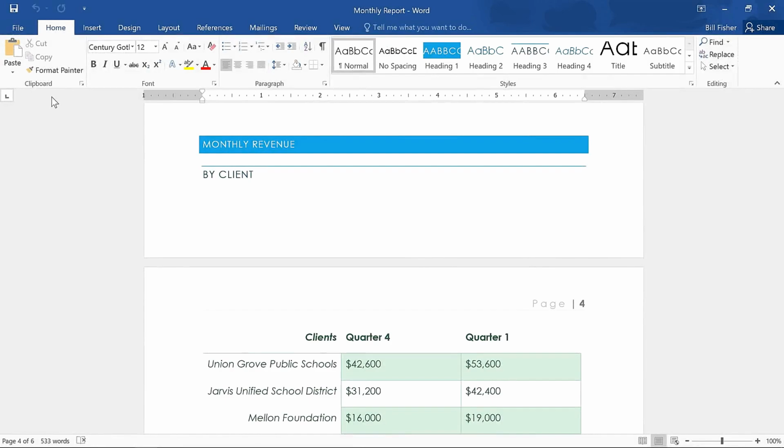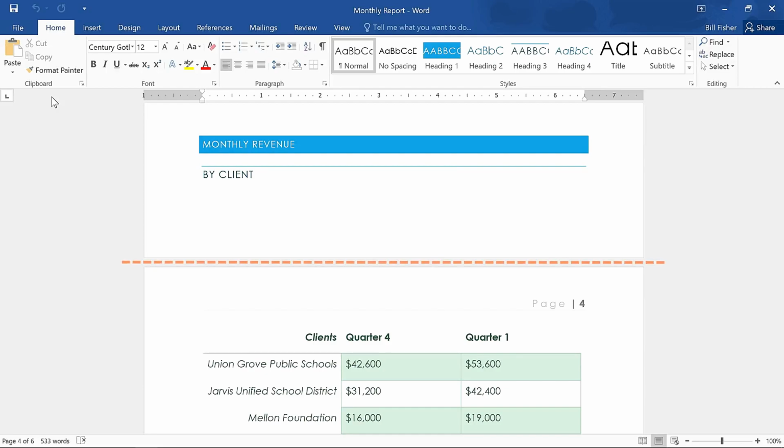When you're working with a multi-page document, sometimes you may want to have more control over exactly how the text flows, and breaks can be very helpful in those cases. This document is a corporate sales report, and toward the end is a revenue summary. Right now it's getting cut off between pages 3 and 4, and I'd really prefer to have it all on